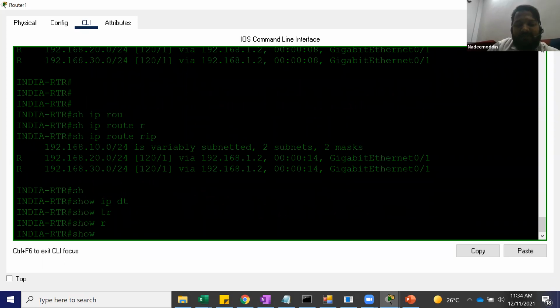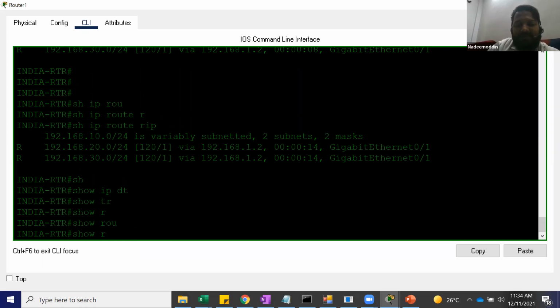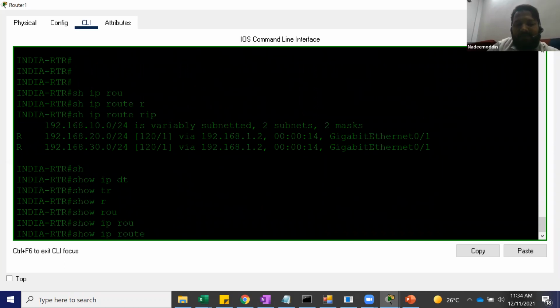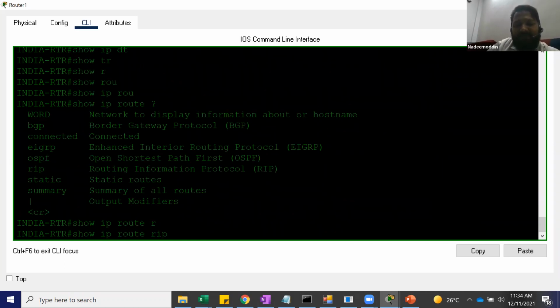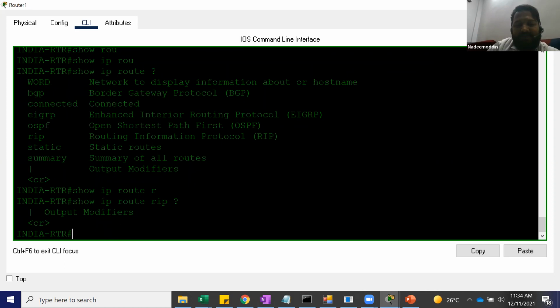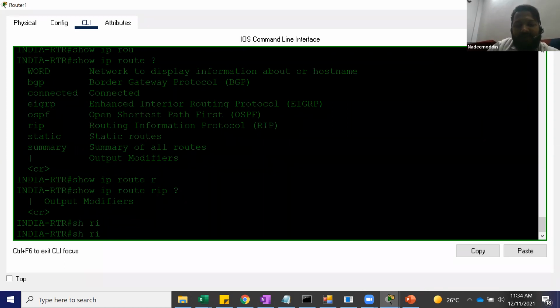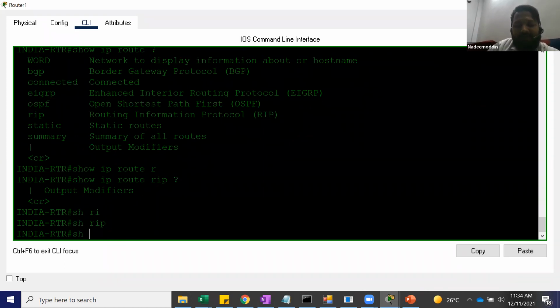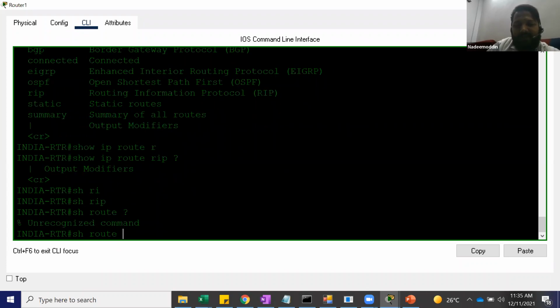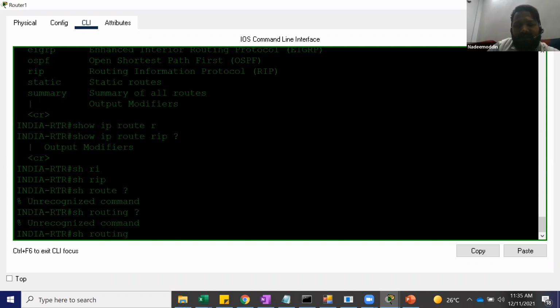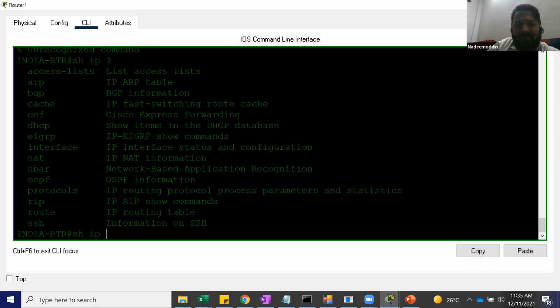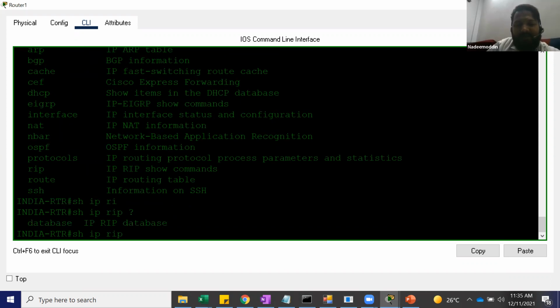Show RIP, show route, show IP route RIP, one second. Show RIP, show route, show routing, will it come? No. Show IP RIP database.